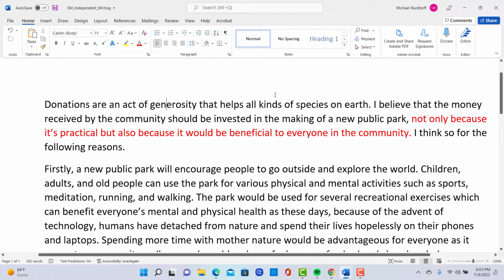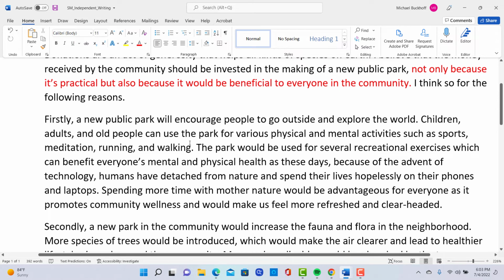I like the parallel structure here. I like the not only plus, but also, and then not only plus because, and then but also plus because. Again, it's very balanced. Just be careful about using it. It is practical. It would benefit. Not only because, building this new park is practical and making this investment would be beneficial. So instead of using it, try to restate and use some other vocabulary words to help showcase, which I think you have a really good range of vocabulary. You want to show that. So don't limit it to these it and their sentence constructions.